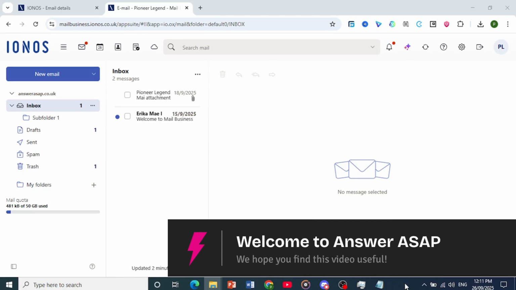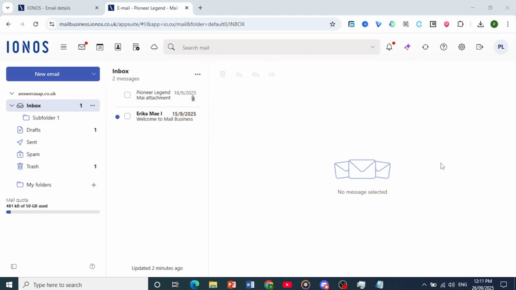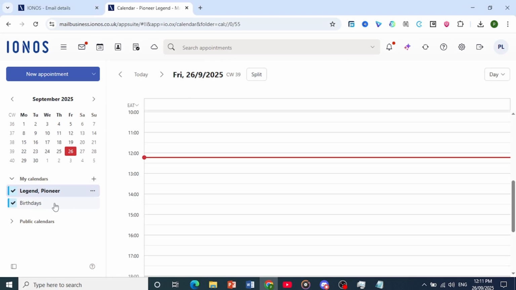Hey guys, in this video I'll show you how to import calendar entries and tasks into IONOS Mail, both for basic and business. What you want to do first is come here at the top, you'll see these icons, okay? So for importing calendar entries, you click on calendar first,